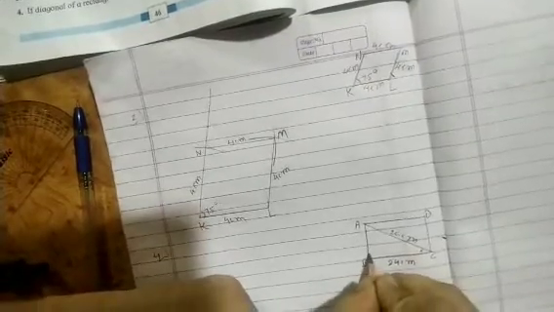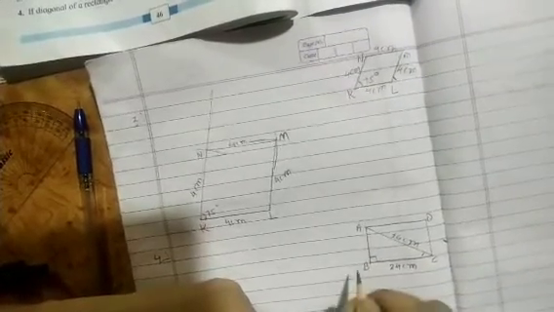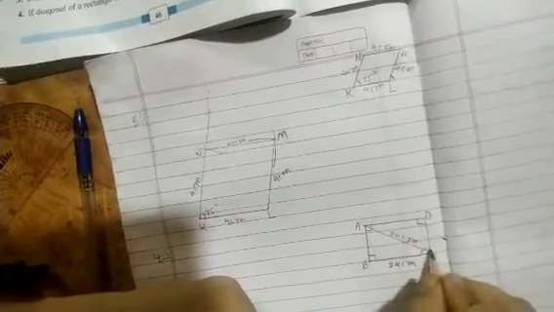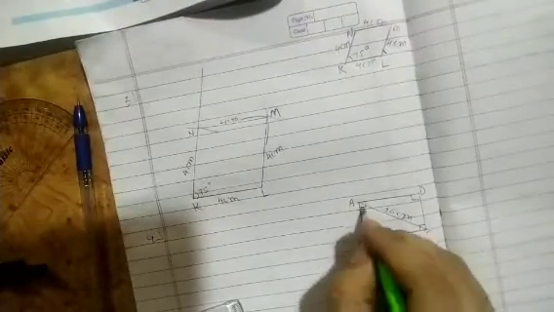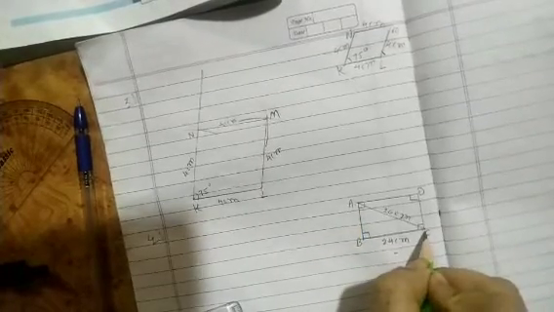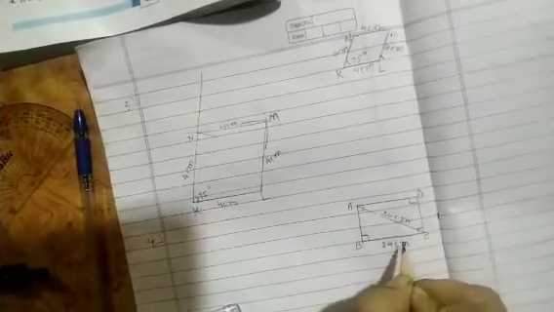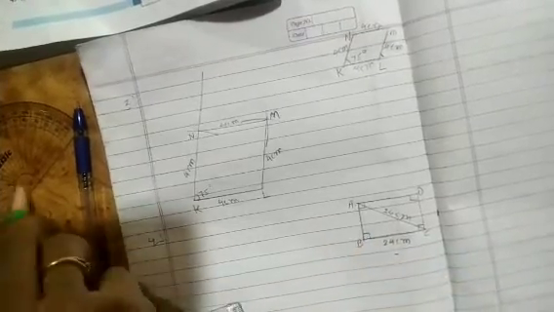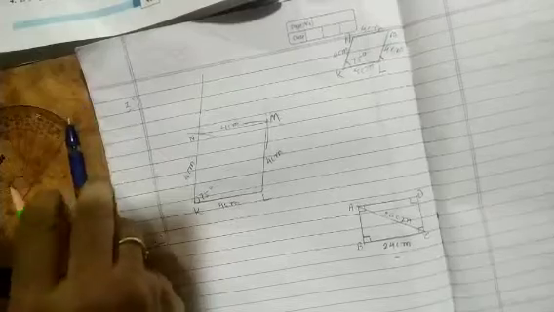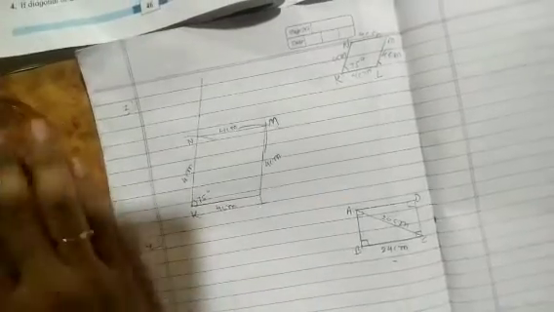Then as you all know, in a rectangle each angle is equal to 90 degree. Okay, this is one of the properties of the rectangle. Then this means this is a right angle triangle. This triangle ABC is a right angle triangle in which AC is a hypotenuse. Okay, then we have to find the other side. Okay, then which formula we will apply here? That is by Pythagoras theorem.